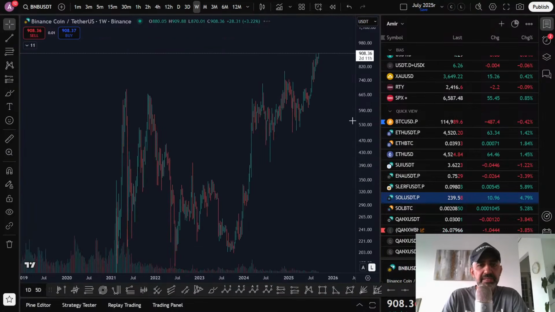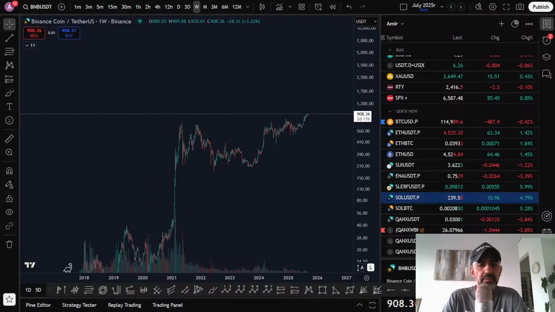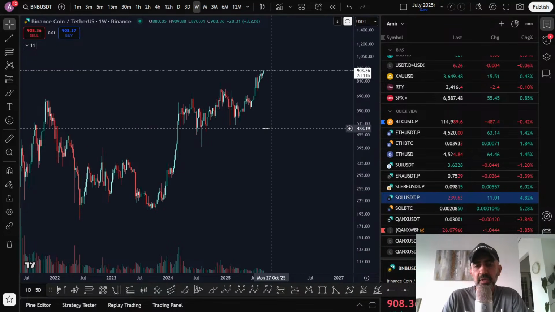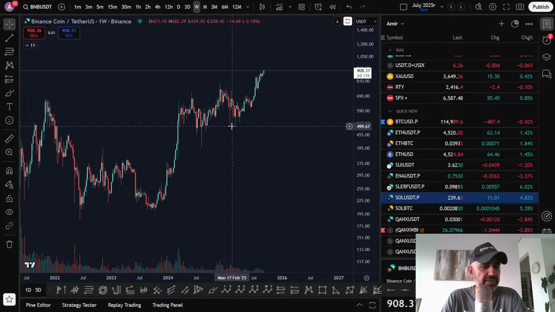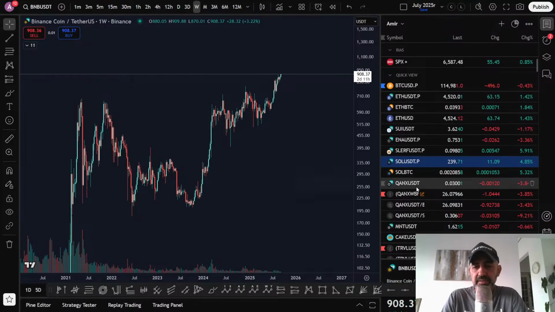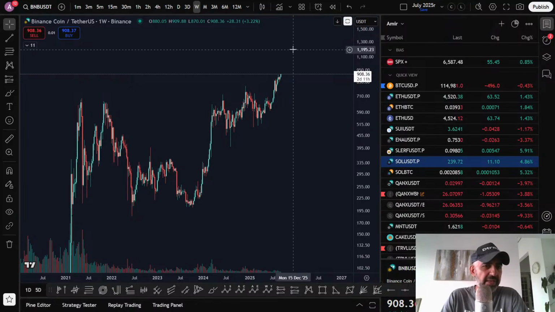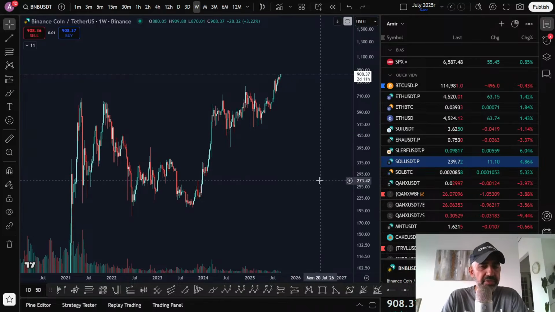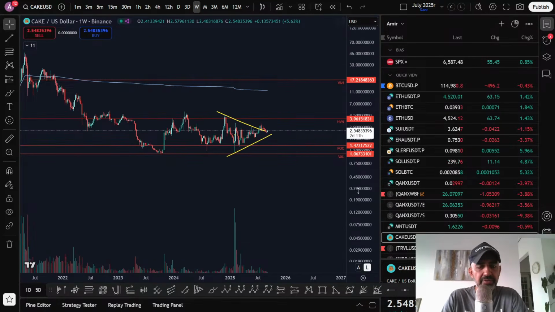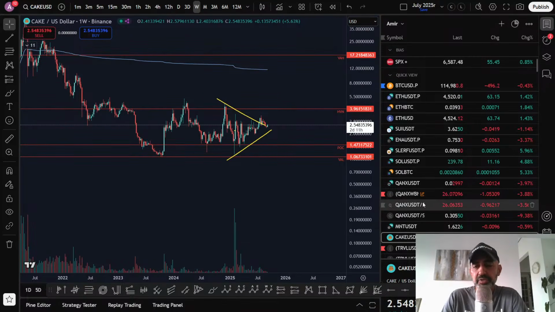Yeah, BNB is at all-time highs. Look at that. Binance coin is at all-time highs. So that kind of gives you the indication that everything is looking healthy for alt season. Once BNB tops out, it will all go into the Binance ecosystem. And then tokens like Cake, PancakeSwap, and other tokens on the Binance chain start to move.